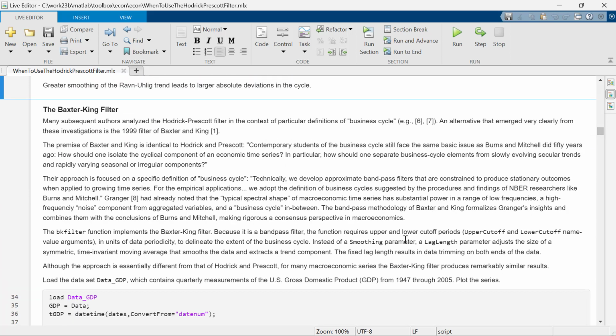So let me move on to some of the other filters that came about in the decades between 1980, when Hodrick and Prescott first introduced this filter to the econometric world, and the couple of decades that went by until they finally published a paper. There was a lot of discussion about whether this was the correct way to capture the trend in the data, or whether this was the correct way to capture the business cycle in the data.